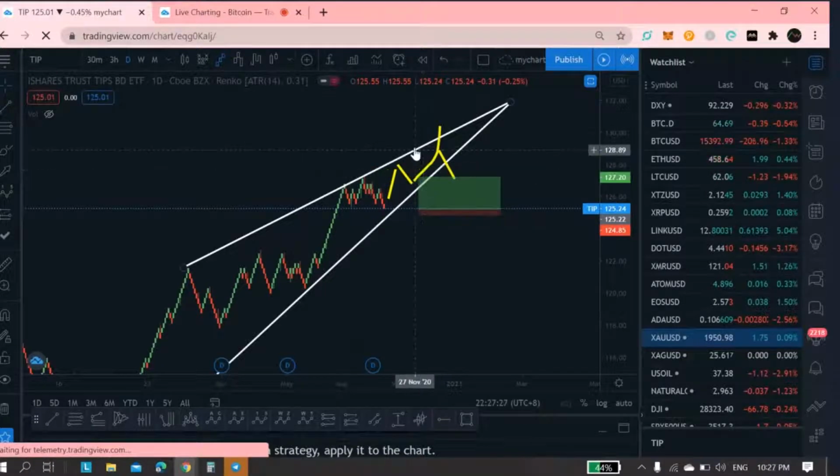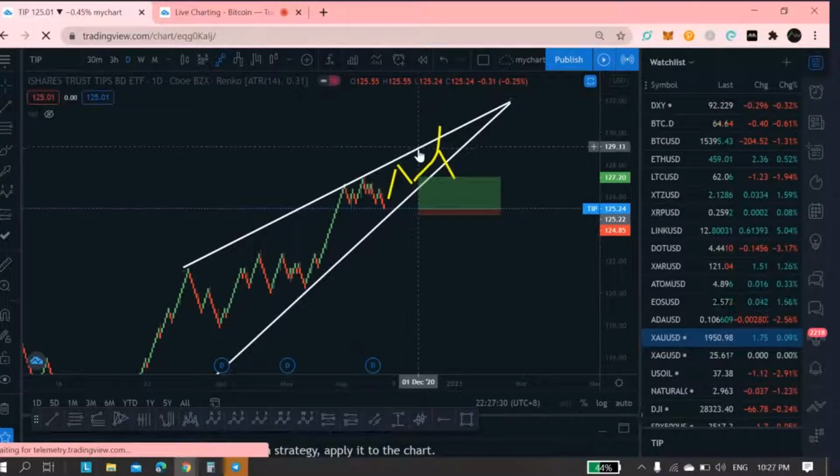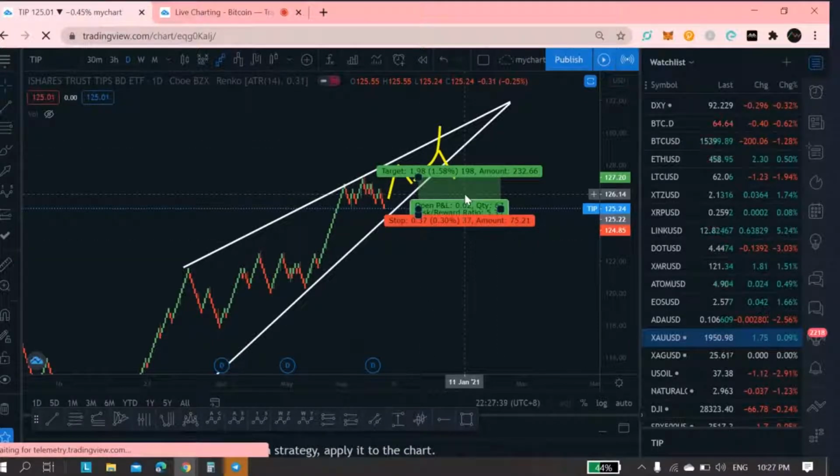I don't want to be very optimistic and put it at this area, more than 130 area or 129. So possibly that's a risk reward ratio of 5 point something. So that's a possible target or profit of 1.58%,